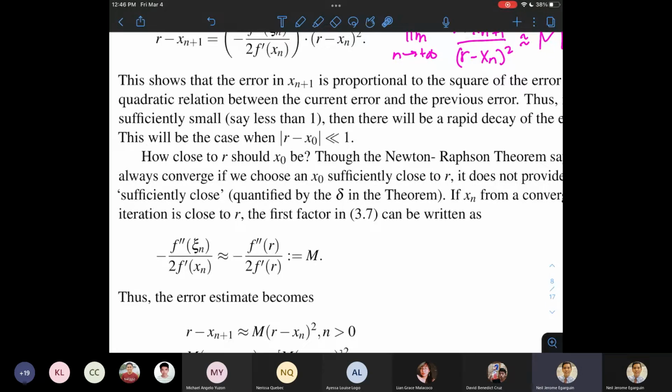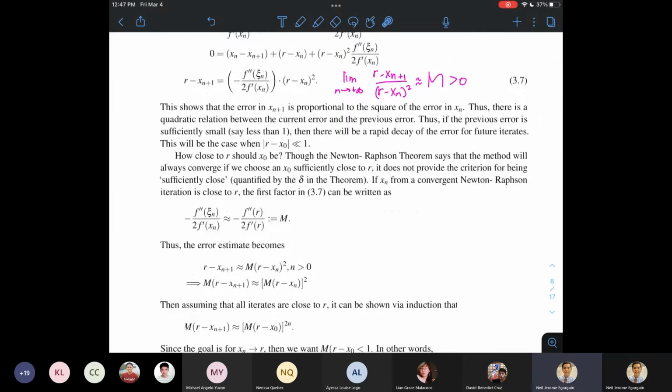Now, kailangan pa rin natin magkaroon ng idea. Though, yeah, that's a nice characterization. X sub 0 to be much less than 1. So yung double less than, ibig sabihin niya much less than 1. Okay? Pero ano yung minimum? Ano yung maximum value nung absolute value ni R minus X sub 0 na makakagaranti sa atin ng convergence? Alright? So ano dapat yung worst case? Well, yung Newton Raphson theorem, theorem 3.1 didn't give us any idea. Pero a quick look, alright, dun sa estimates na nakukuha natin. Remember ito,